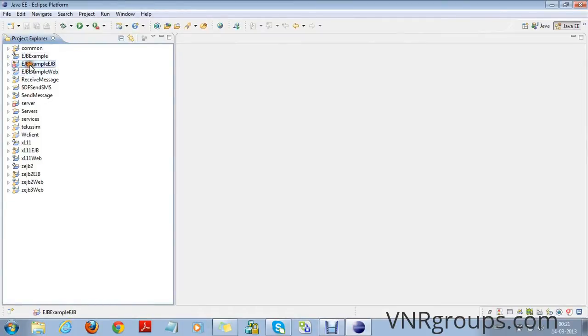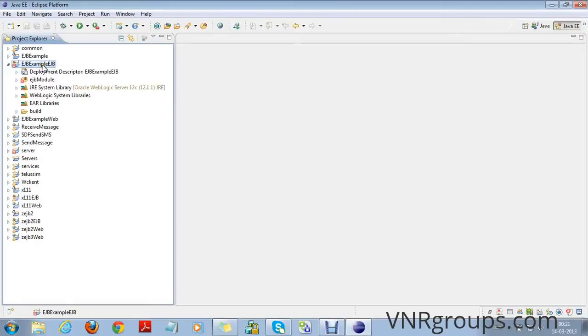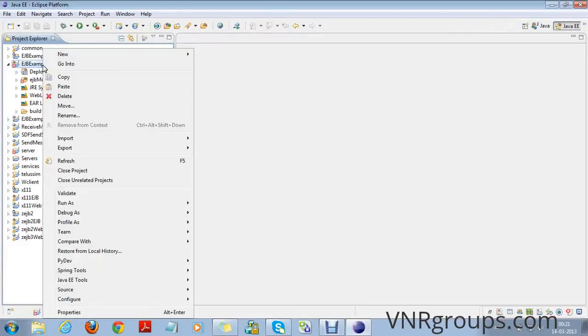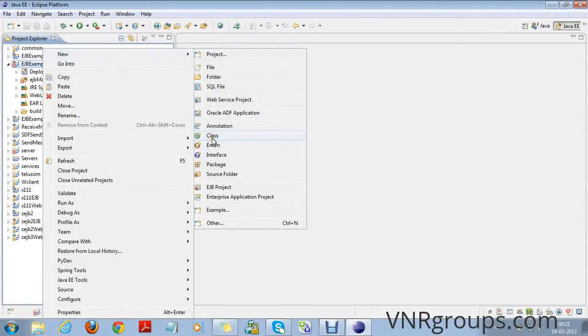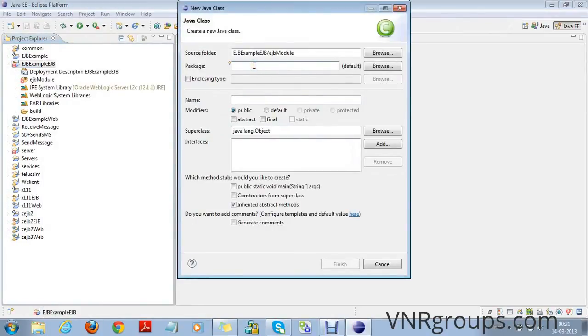So here we can see that two modules are created. One is EJB module, another one is web module. Now we will create an EJB component in the EJB module. So we right click on the EJB module, right click new class. Here we enter name of the package, name of the class,